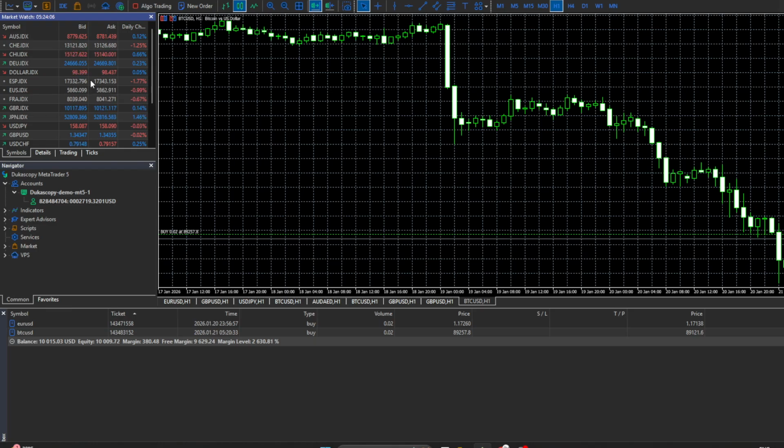Thanks for watching this walkthrough on how to show the Navigator in MetaTrader5. If you found this helpful, keep exploring the platform and getting comfortable with these basic layout controls, because they make trading and analysis